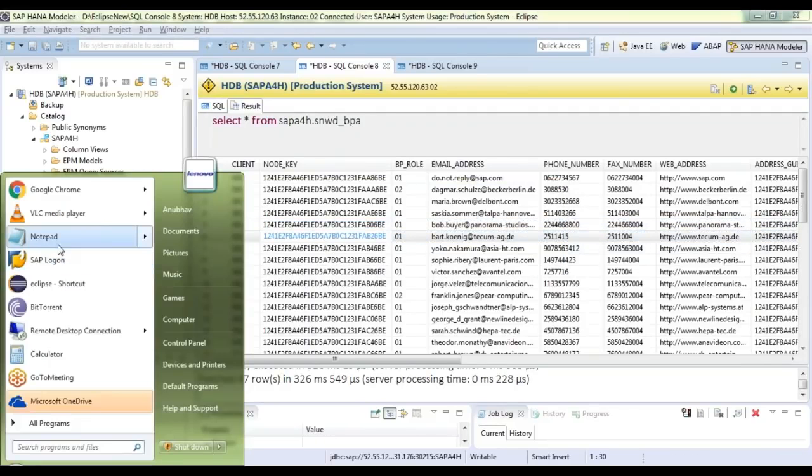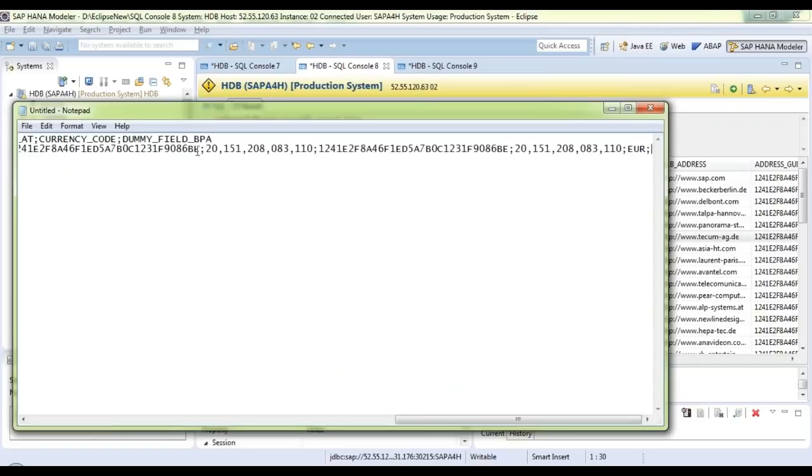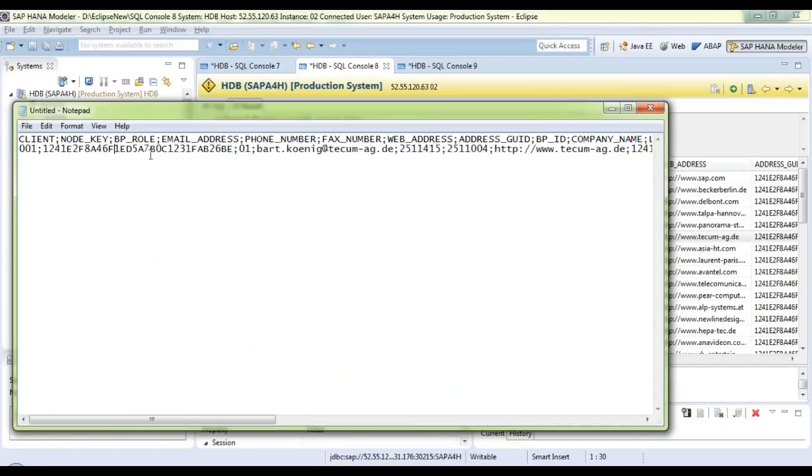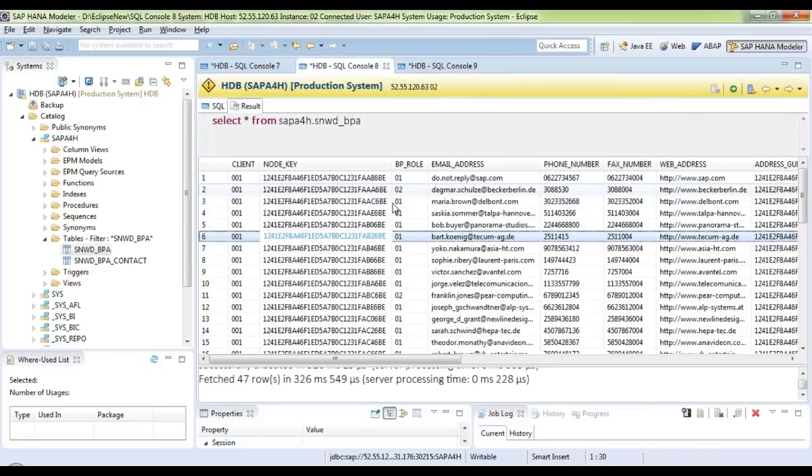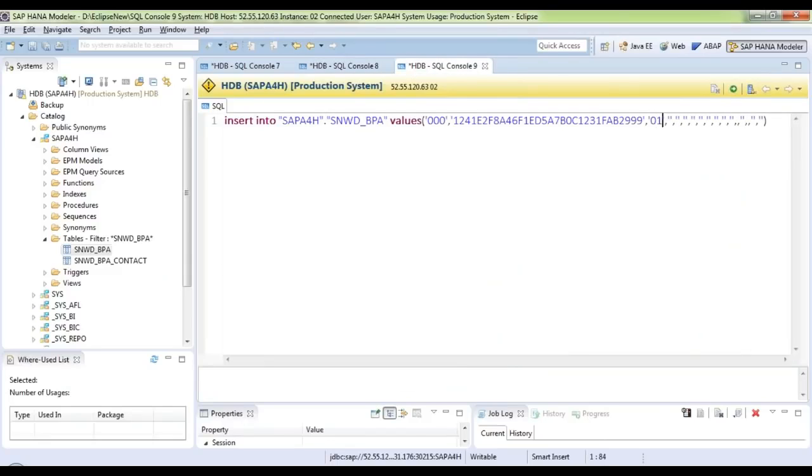So I copy this in a notepad. Just take some dummy key as a node key, and that's my node key, and I just change it to 6999. And then next field was, what was the next field? It is business partner role 01, email address, phone number. So 01, email address